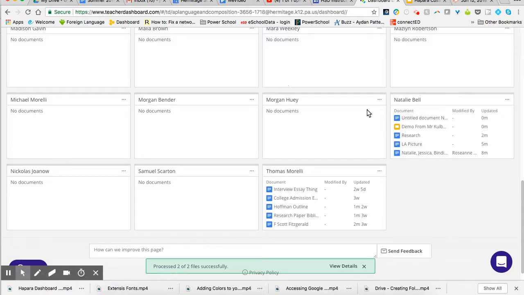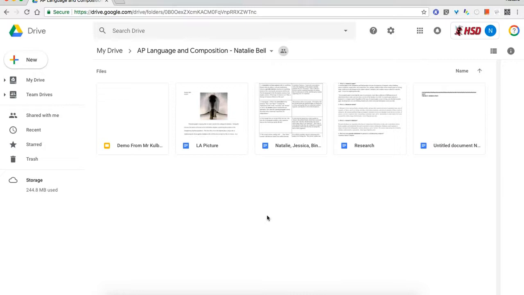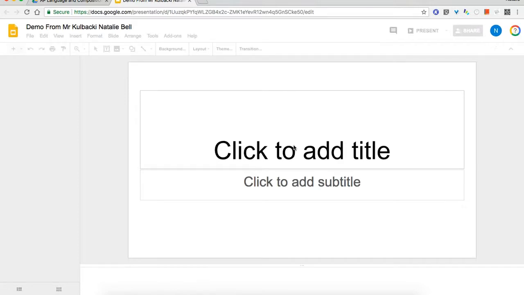And there they are. I can go back into Natalie's documents, and I can see now there's a demo from Mr. Kulbacki, and there's the untitled document. Natalie now has access to these. She can edit them, and